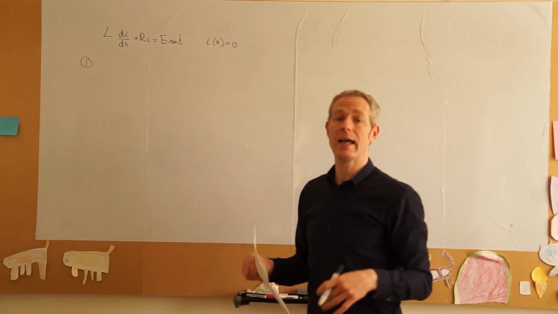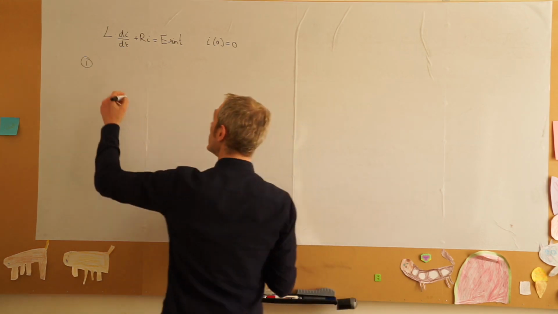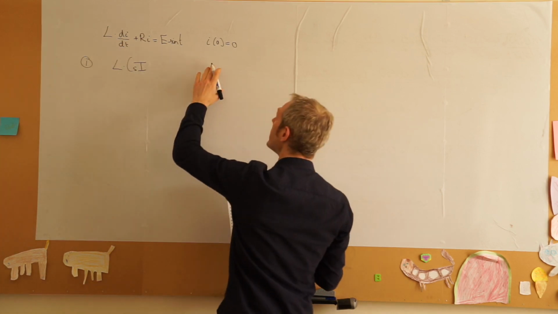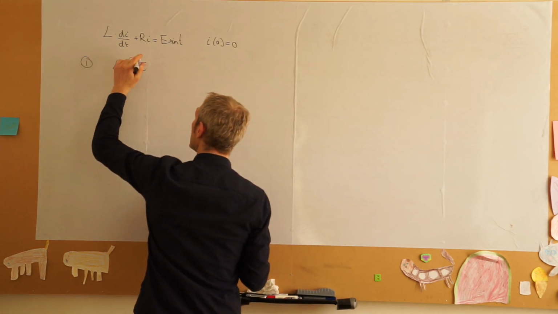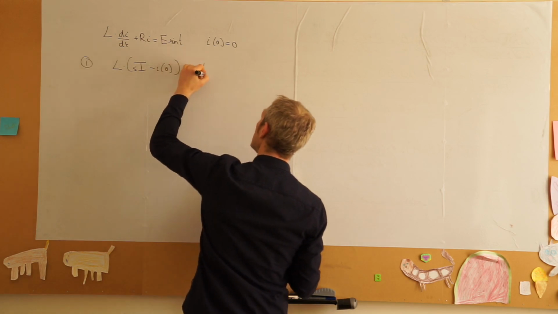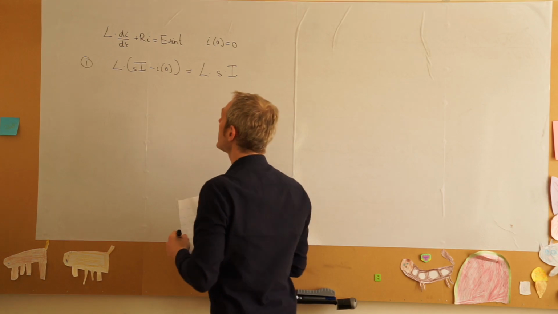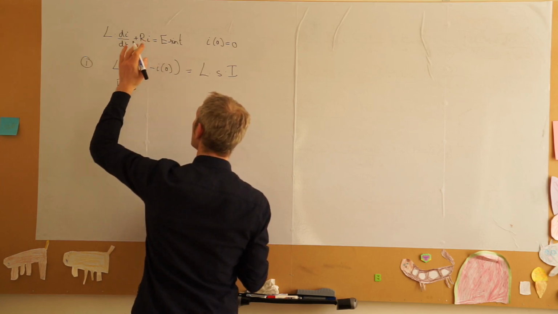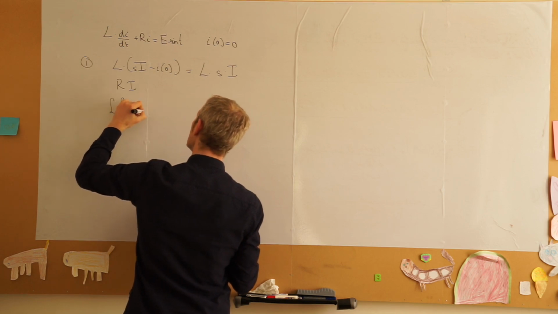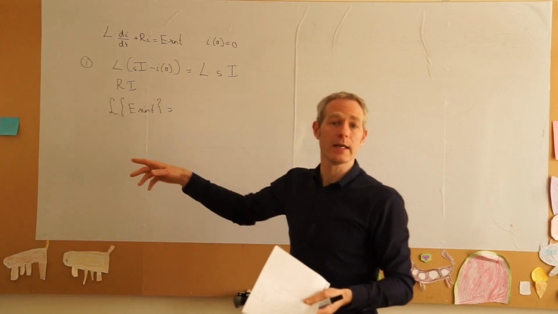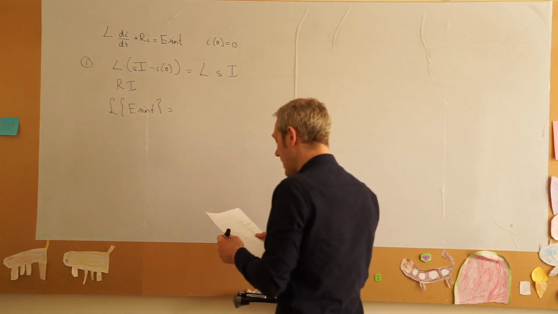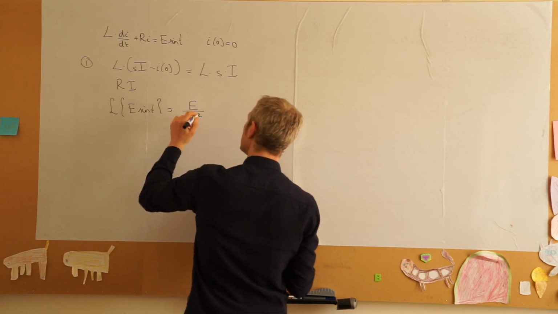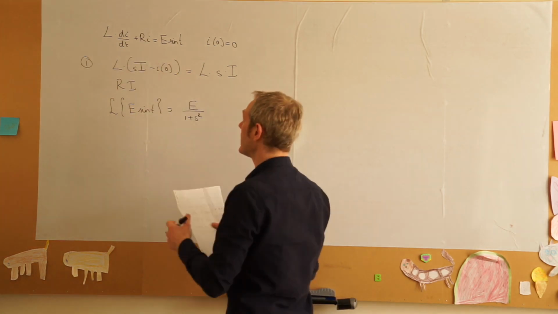The Laplace transform of L times di dt will be L times S times I minus I0, which is 0. So we can write this as L times S times I. The Laplace transform of R times I is R times I, and the Laplace transform of E times the sine of t. Well, this E we can transport in front of the L, and what we get is E over 1 plus S squared. So I've taken the Laplace transform over 3 components here, and we are left with the equation